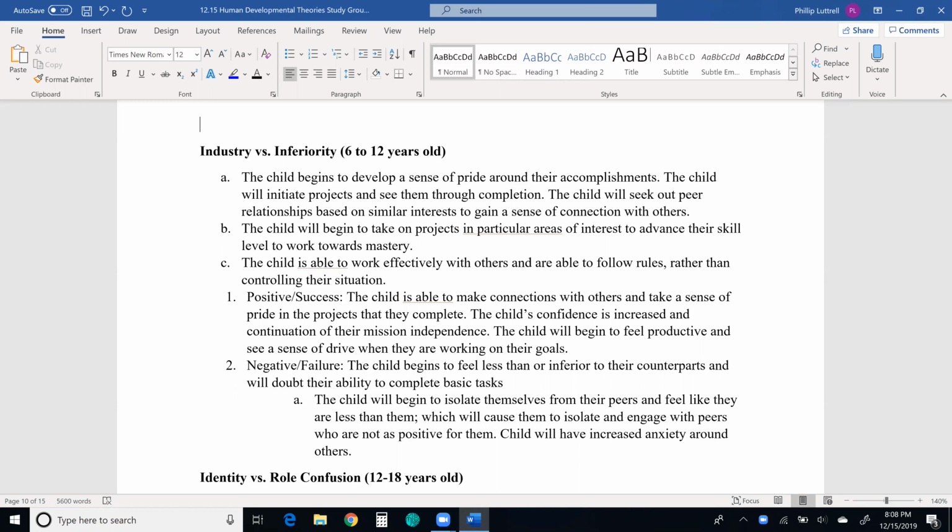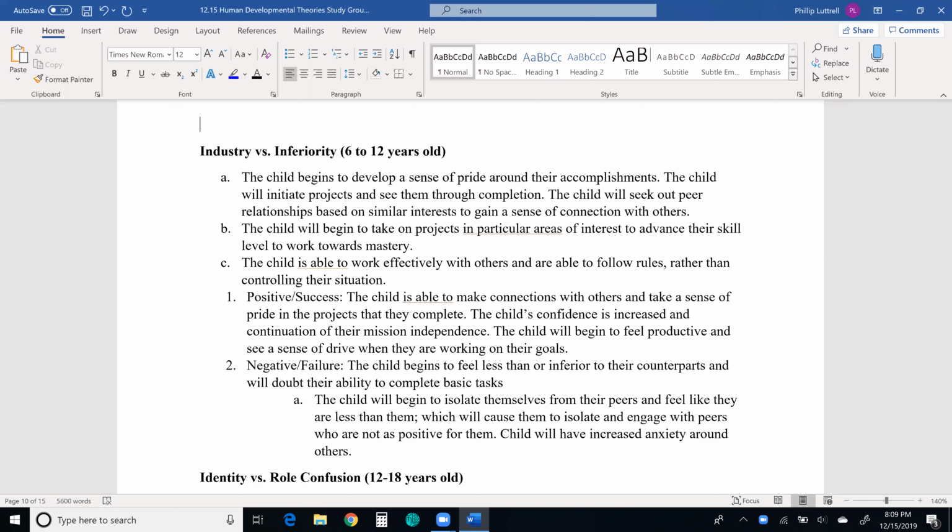So the child's confidence is increased in the continuation of their mission of independence ensues. So the child will begin to feel productive and see a sense of drive when they are working on their goals. And if they're not, they're going to have that sense of inferiority or feel inferior to the people around them based on the fact that they're just falling back into what's comfortable and what people are telling them